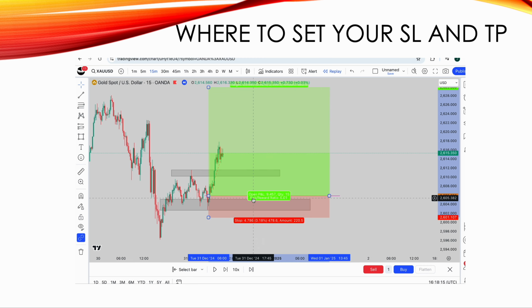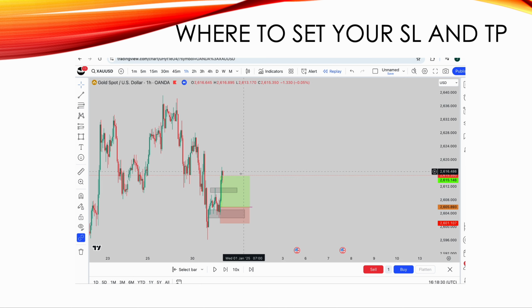It's all there. Can you see right by here? You can see risk to reward 5.1. So all you guys need to do is just set your stop loss, right? Make sure that your stop loss is prioritized every single time. And then you can look towards your take profits, right? A few things that you can do is you can just set